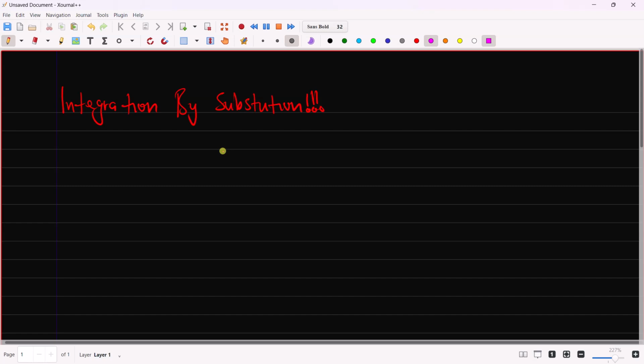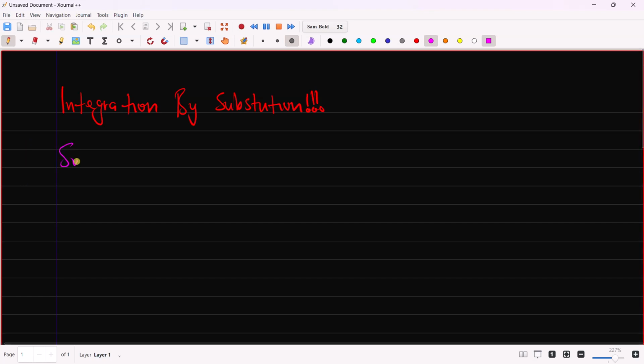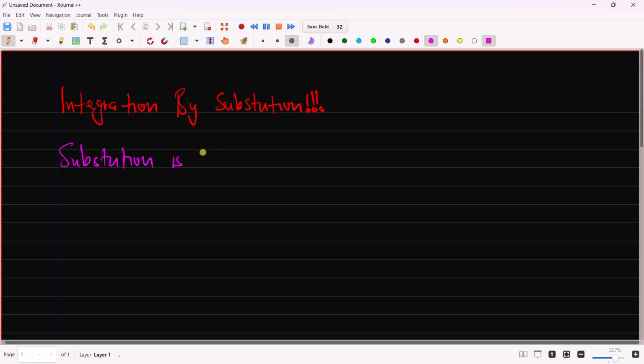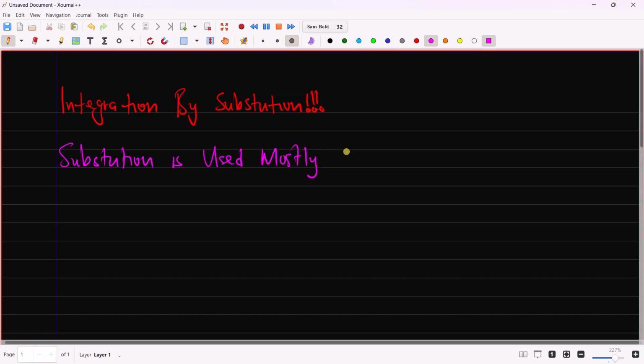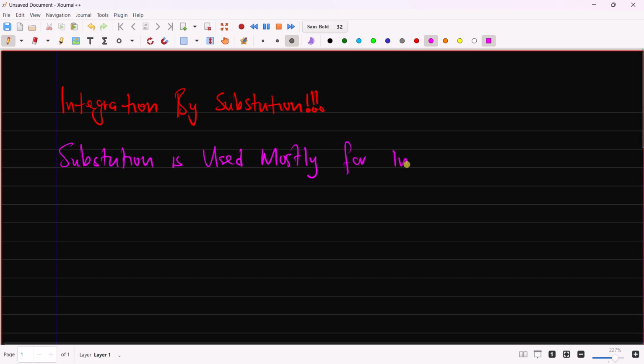And a function which doesn't have any well-defined recipe on how to integrate it, we are going to refer to as a non-integrable function. Because it is this issue of being integrable or non-integrable that we use to recognize if a problem can be tackled using substitution. So substitution is used for integrals